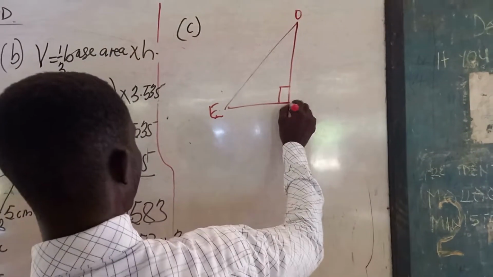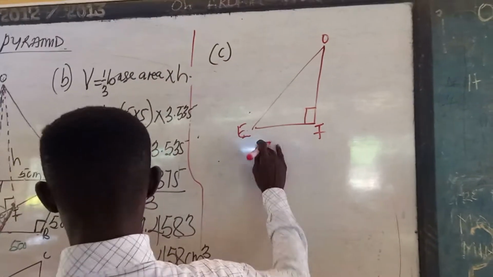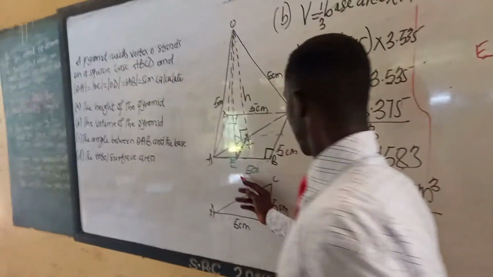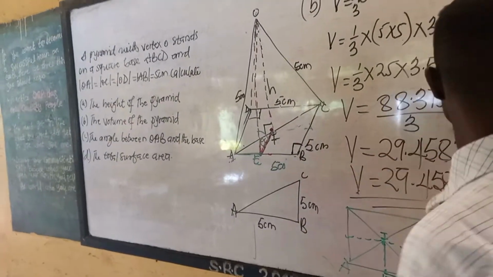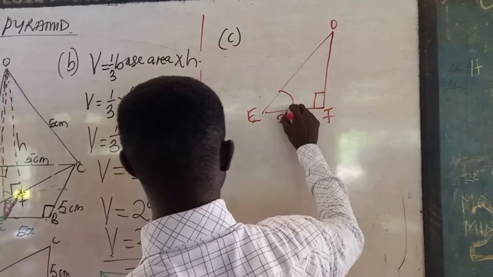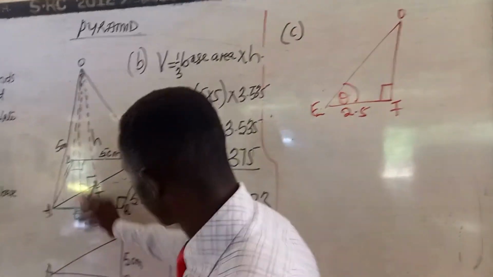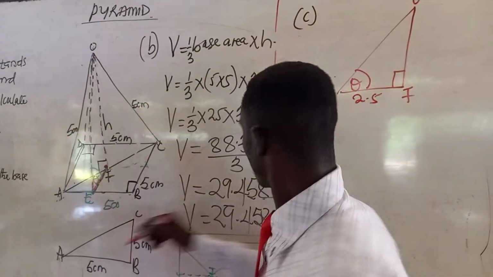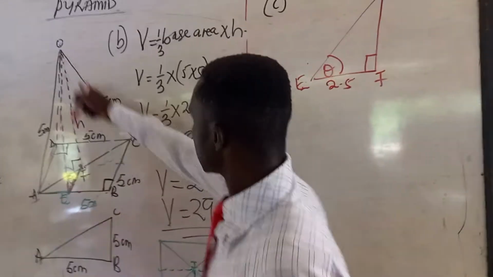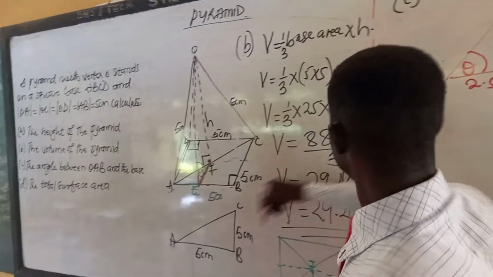Here F will be half of AB. AB is 5, and half of 5 is 2.5. And the angle here is theta, which is the angle they are asking us to calculate. Then the height of the pyramid is